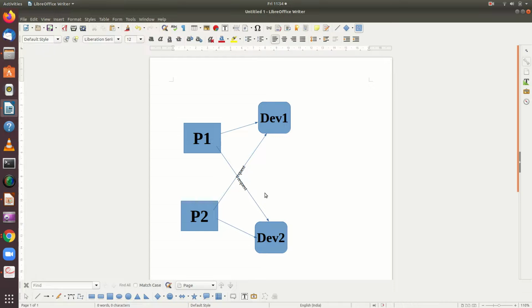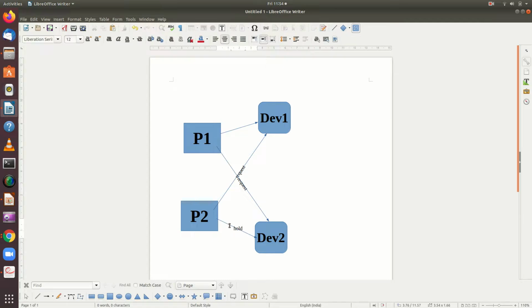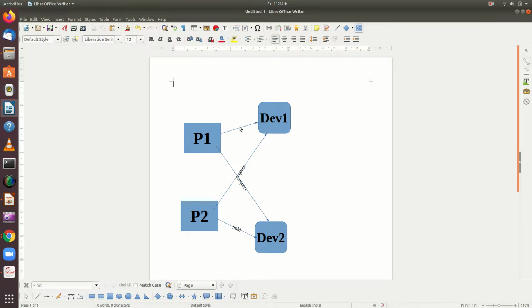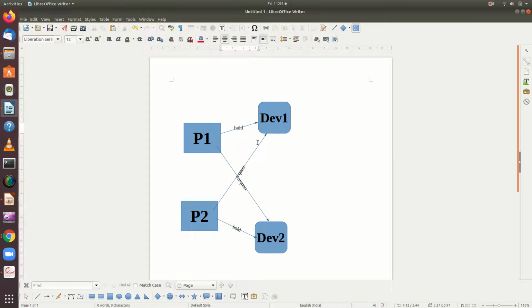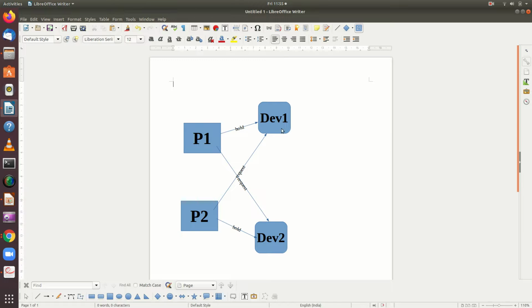So it is going to request. So what happens? This is being held by this, okay. So this is holding it. It needs device 2 to complete its task, whereas process 2 is holding device 2 and it needs device 1 to complete its task.